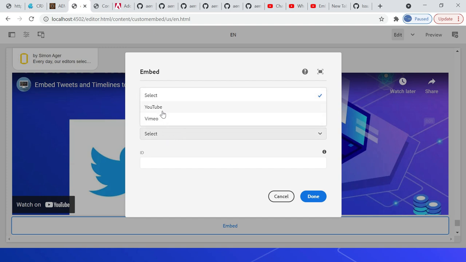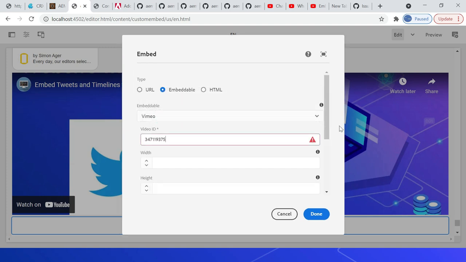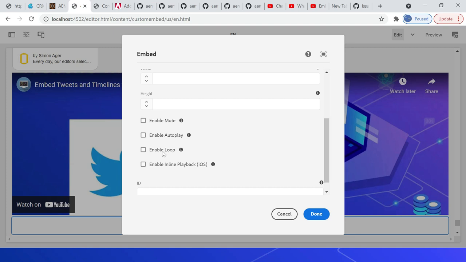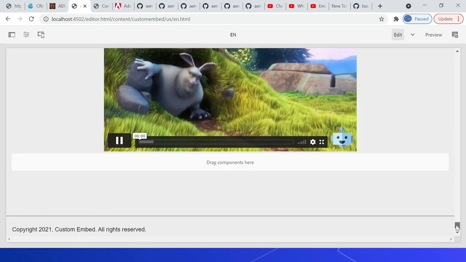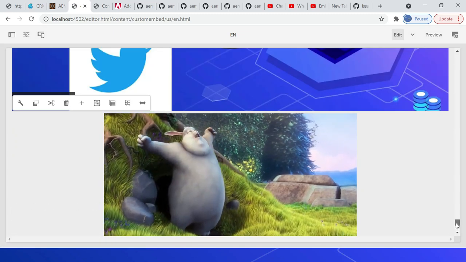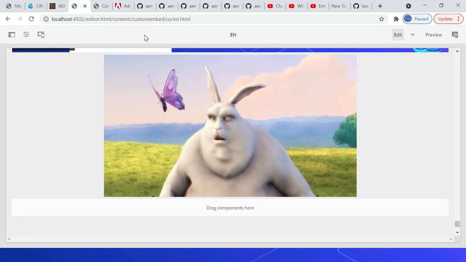Now Vimeo should be displayed. Paste the video ID. Fine, you can select any parameters, click on done. Now see the video is enabled. As the video is enabled through embeddable, the author can easily control the video parameters.